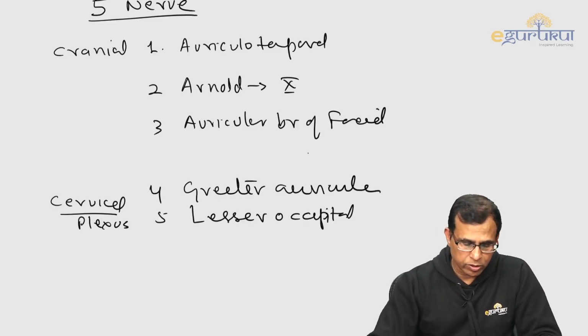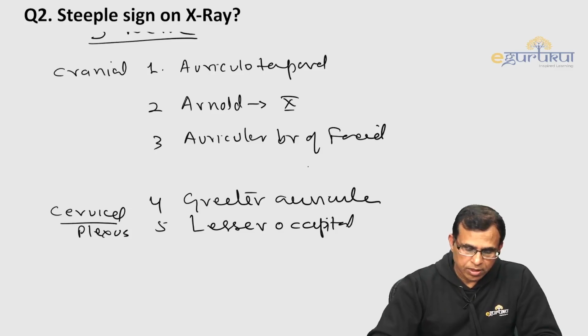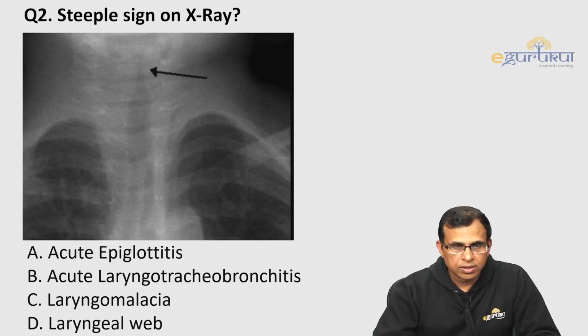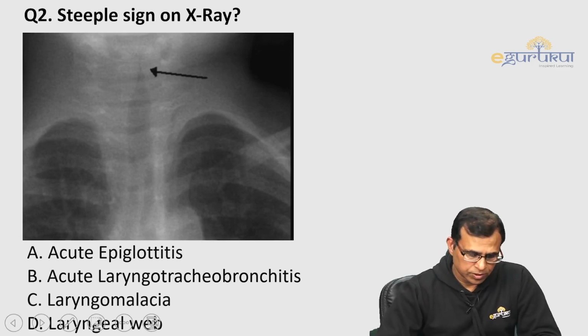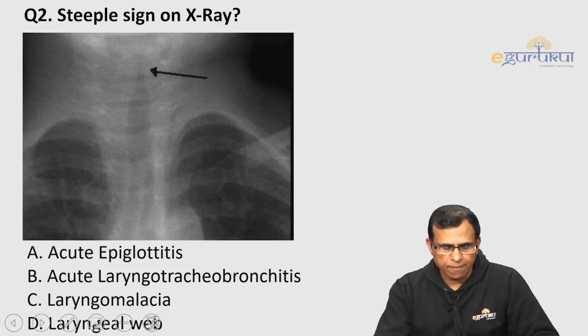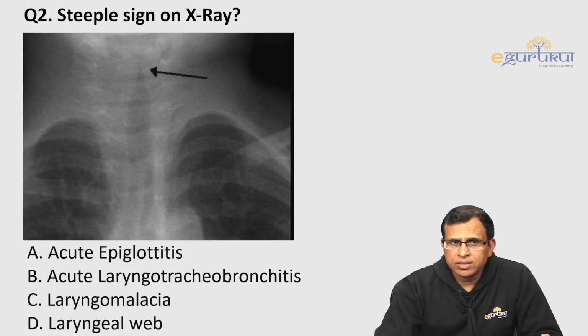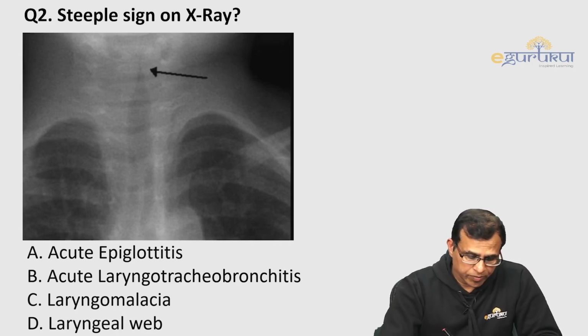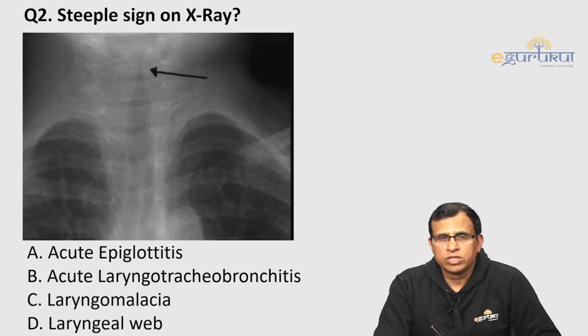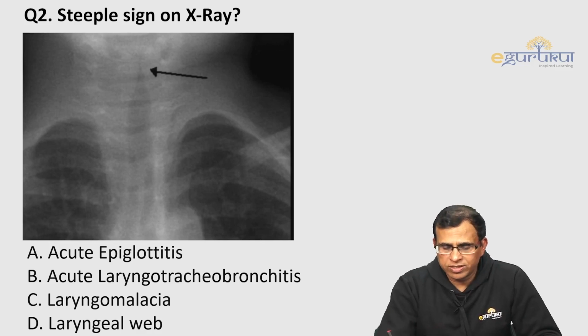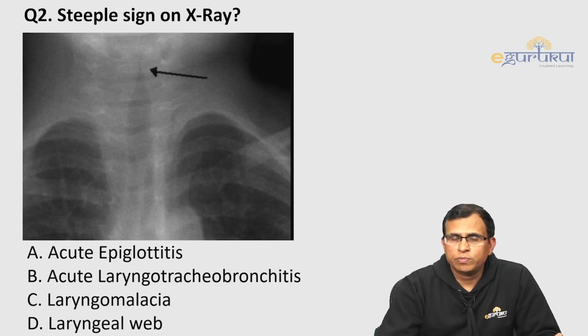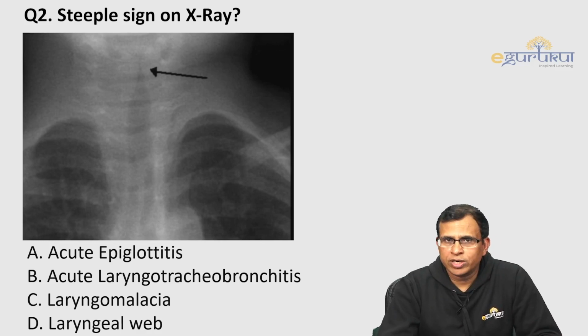Now let us look at the second question. The second question is an X-ray, and this is an X-ray pointed here, and it says steeple sign on an X-ray is seen in which disease. I don't know whether steeple sign was mentioned or not. I think this X-ray was given and they asked which of the following conditions this X-ray is seen in, and the choices given were acute epiglottitis, laryngotracheal bronchitis,